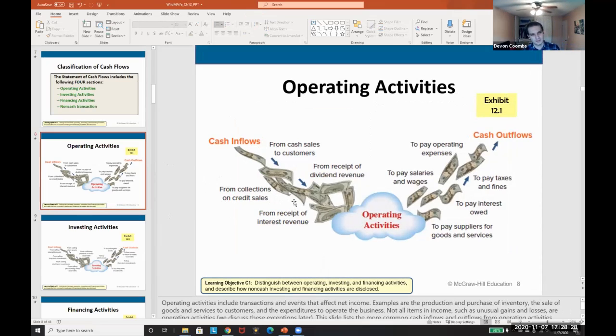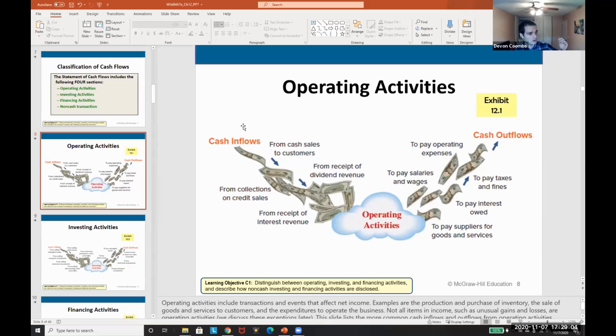So this slide explains that cash inflows generally come from cash sales to customers, from collection of credit sales, from receipt of dividend revenue, anything that's the short-term assets that we're going to be collecting from come in, and then we spend the money. Our cash outflows are to pay for our ultimate cash inflows in an operating activity. So the way that I think of this, and I have it in another similar video, which I'll switch to that slide deck eventually, is